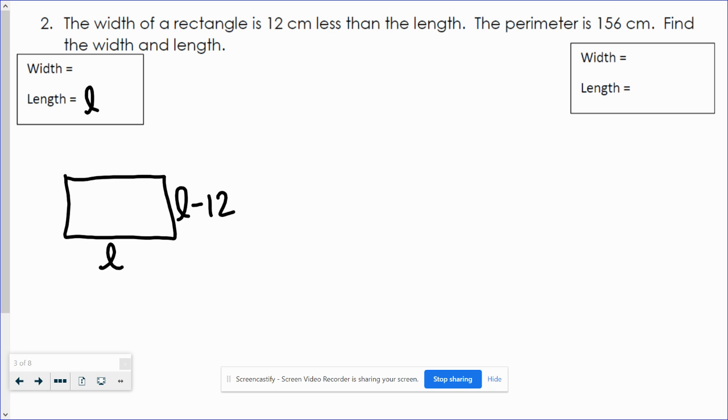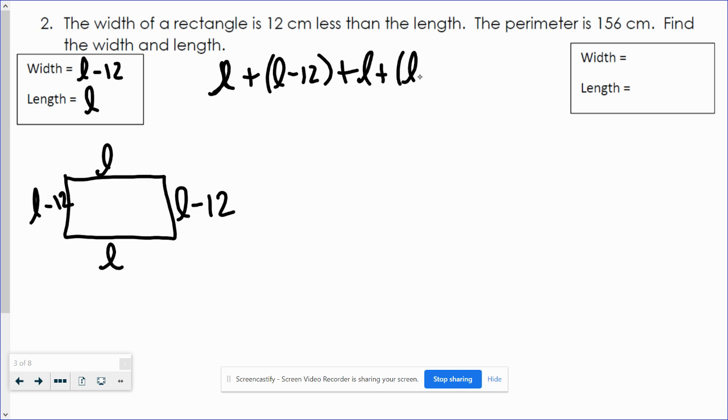So the variable that I'm using is L. If you don't like an L, you can use an uppercase L if you need to. You can use a different variable, use an X or an M or whatever letter you want to use. So my width is L minus 12. And again, you can certainly label all of these, but this would be L minus 12 again, and this would be L. And then my full perimeter, if I would add all those up, so I have the L on the top, plus, I'm going to put this in parentheses because that's on the right-hand side. I just want to see that that's one side, plus the bottom,